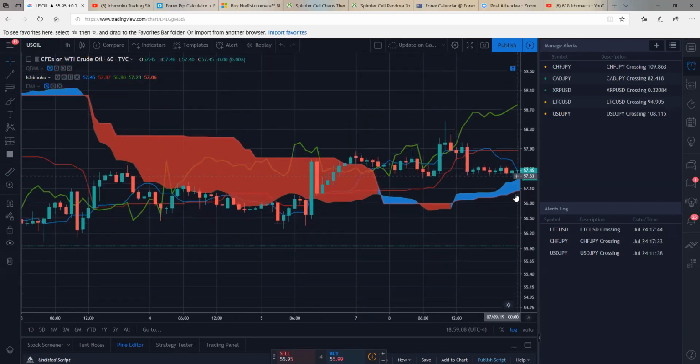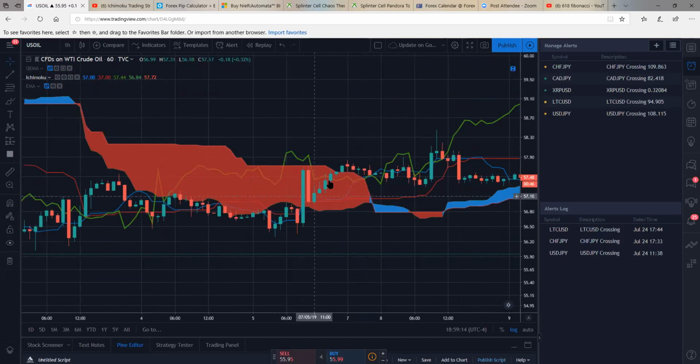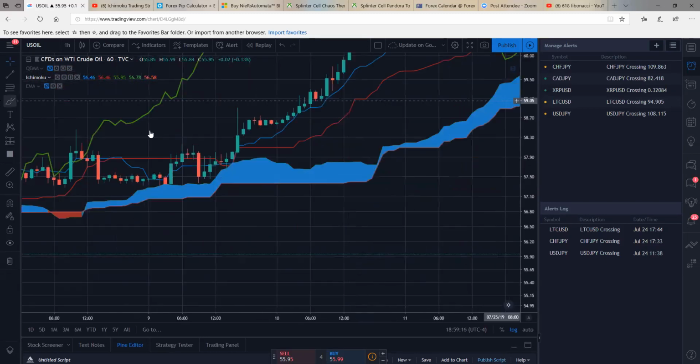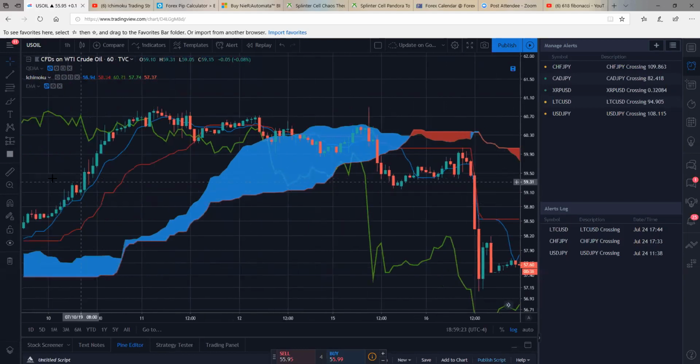You either want to take a sell or take a buy when price is pushing up, or a sell when price is pushing below. When you enter, you just simply grab your ruler, find your entry mark, and measure out 10 in the future. Even though these candles technically aren't here because we're measuring out 10 in the future, you just go to your